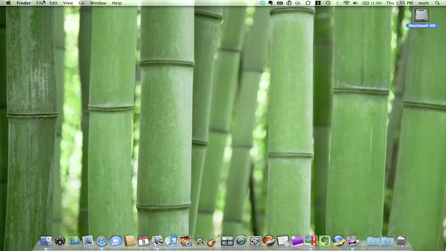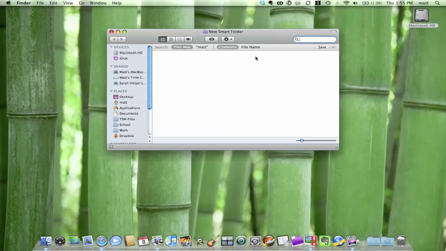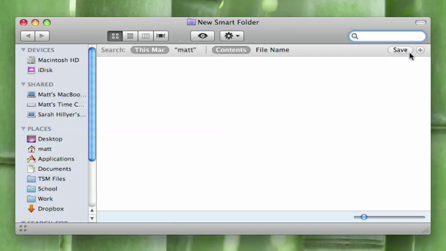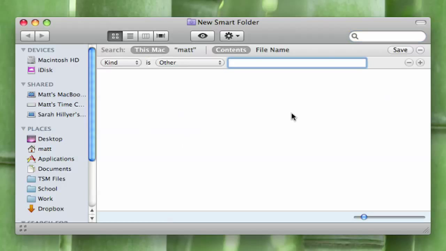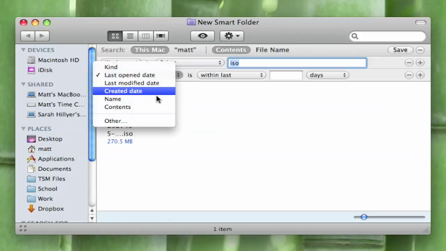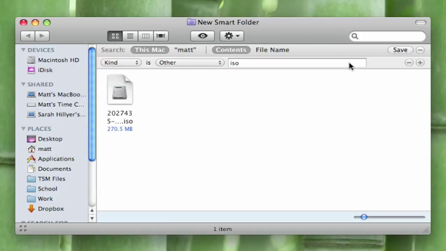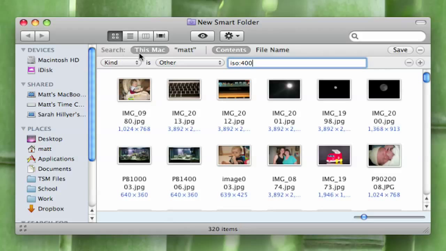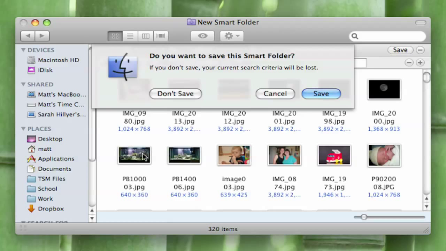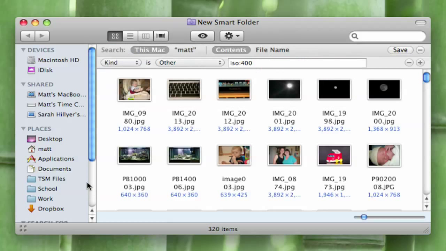And you can get kind of crazy with these. So you can go File, New Smart Folder. And here, it looks like a common bar, but if you hit this little plus button here, you can go kind is any. And if you click other, there are all sorts of things here. So we can type ISO. You can say contents contains. So you can see you can search around in here and get all sorts of different results. ISO 400. So you can say kind is other, ISO 400. And if I wanted to, I could save the smart folder, put it on the side, and then as I